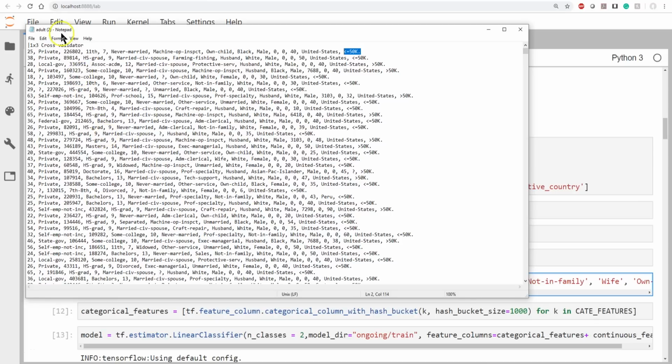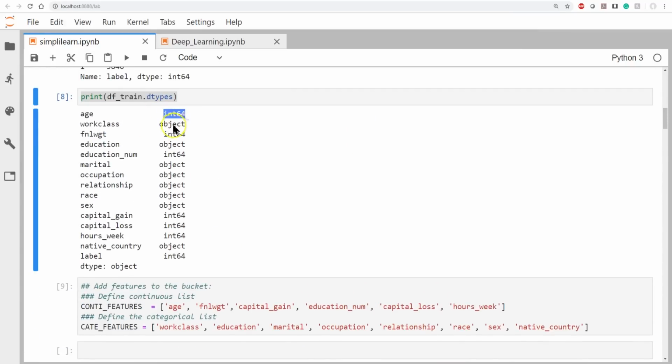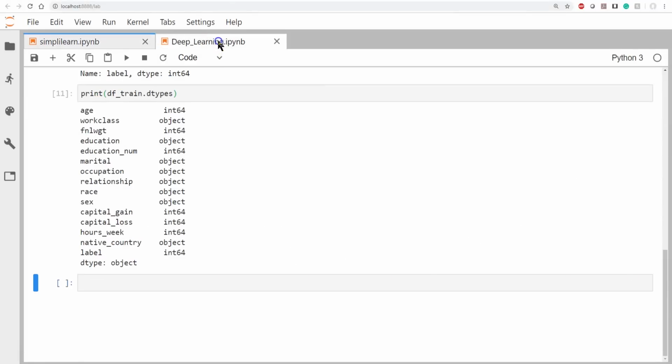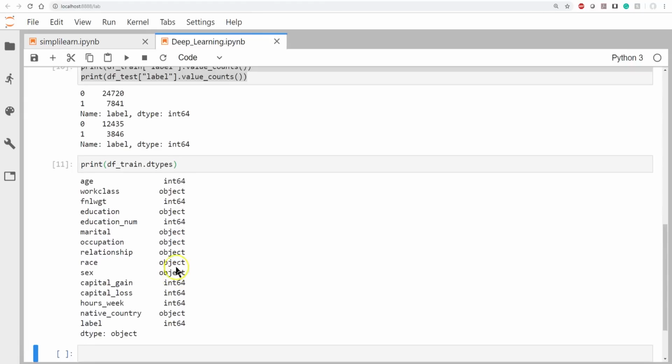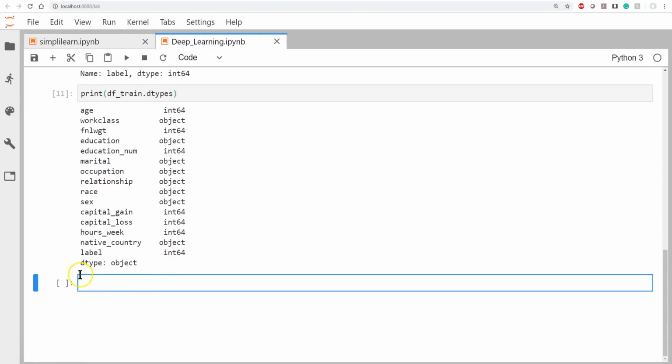Now at this point we're going to look at the data and we can see we have a lot of numbers and we have a lot of categories in here. So categories would be United States, male, never married versus 7. And we can also see that when we looked at this, we have our integers, we have our objects, working class. So the next thing we want to do is take that where we have integers and the objects, and bring that down here. We want to create those categories in a way that the computer can see them.